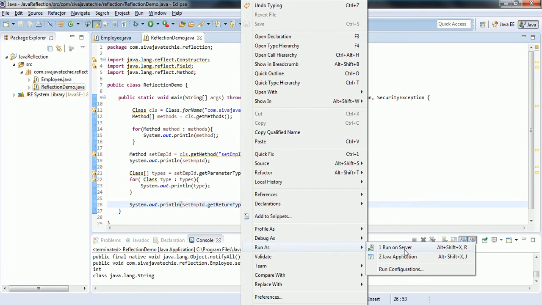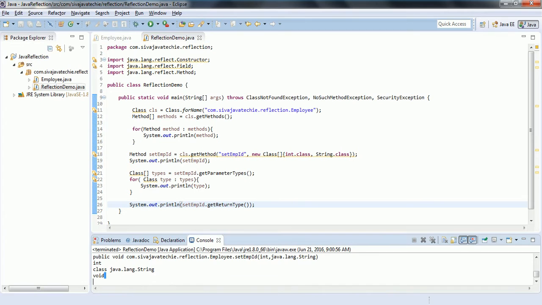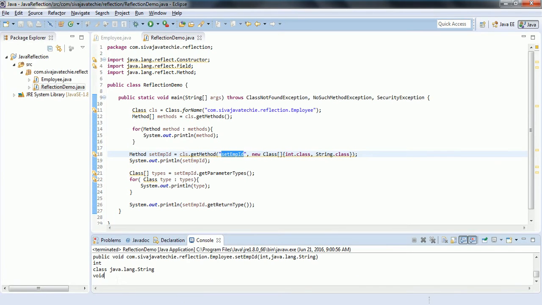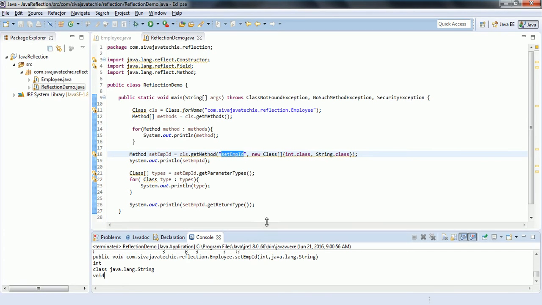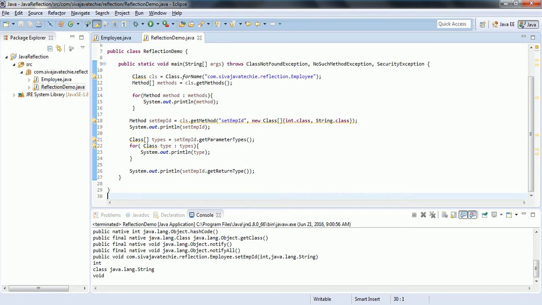Now if I run this program, you can see the output: the set employee ID return type is void. But if you define some other return type, then using set employee ID dot get return type, it is going to return the return type of the particular method.